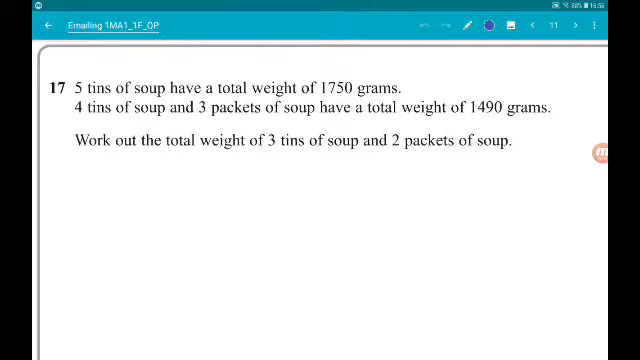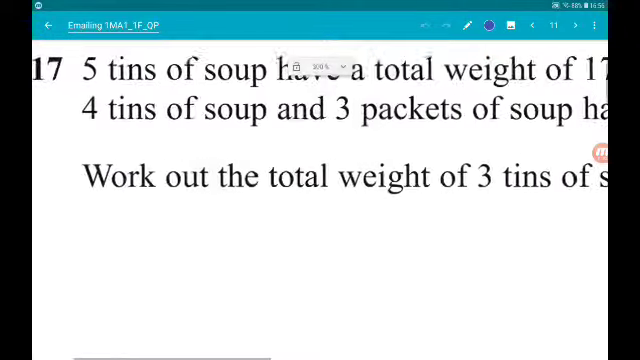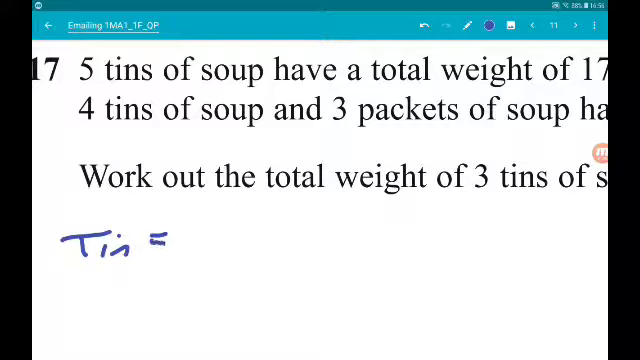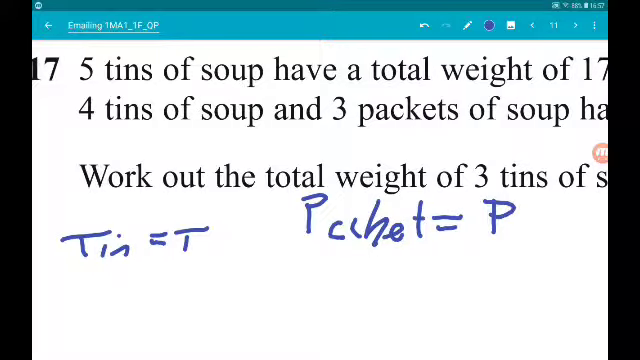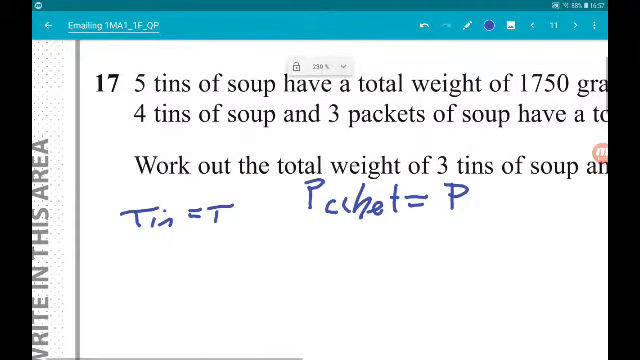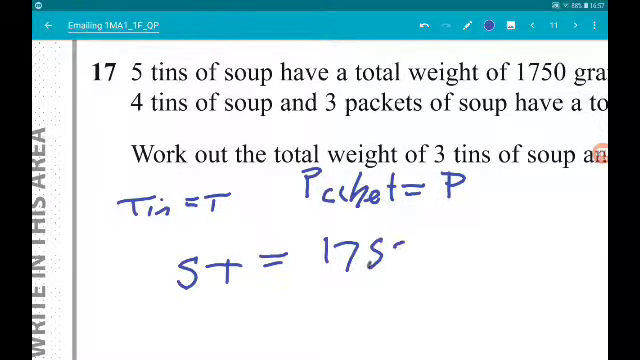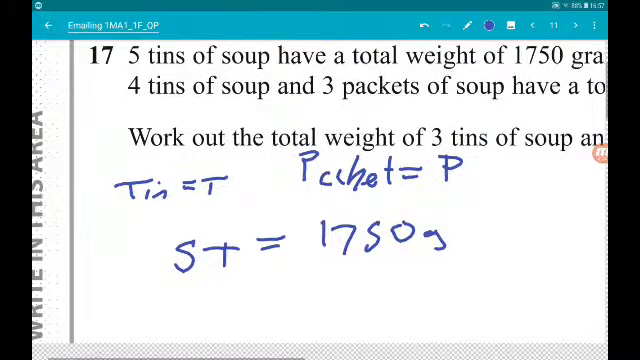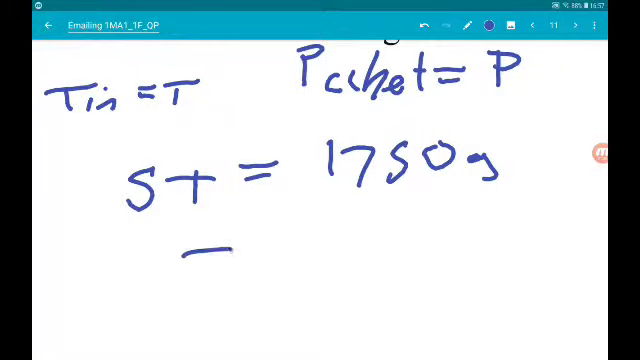So what we can do from the first line, 5 tins weighs 1,750 grams, we can work out the weight of 1 tin. So if we call it tin T, and the packet, you guessed it, P. And from the first line, we can say that 5T is equal to 1,750 grams. So to work out the weight of 1 tin, we divide by 5. So T is